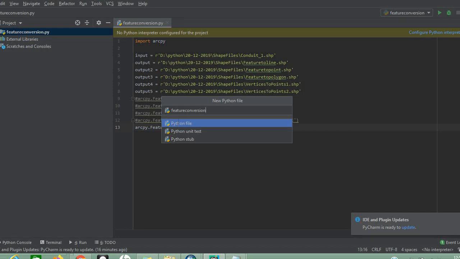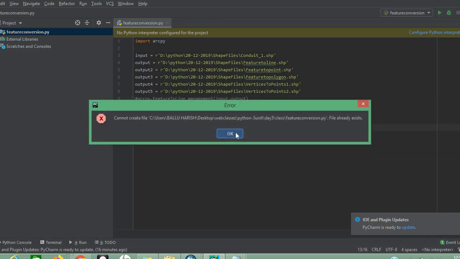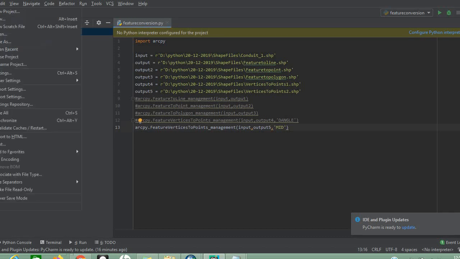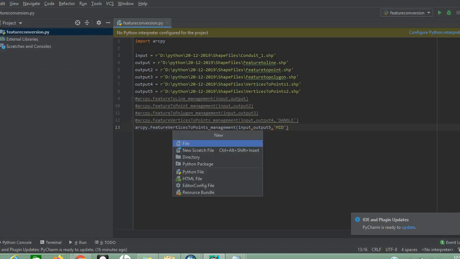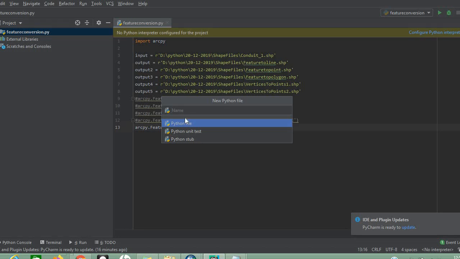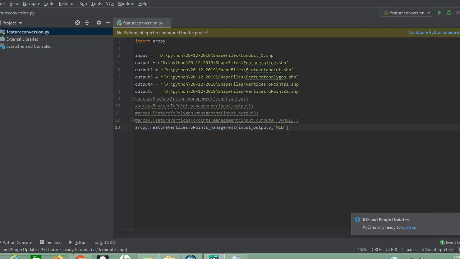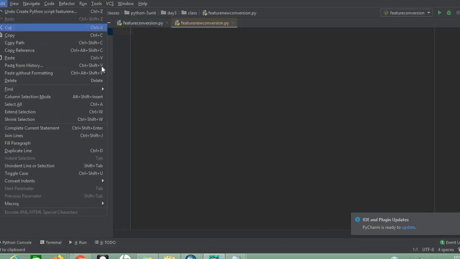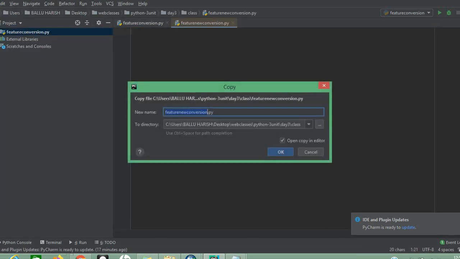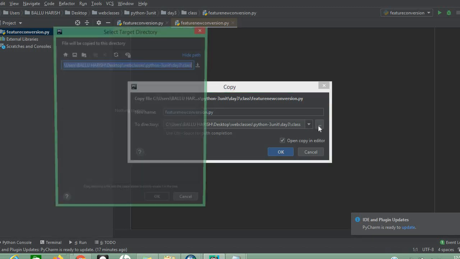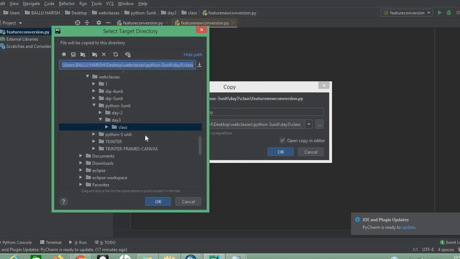Feature conversion. It already existed, so just create a new Python file, feature conversion. Save it in the required folder using the Save As option. It is getting stored in the same location.